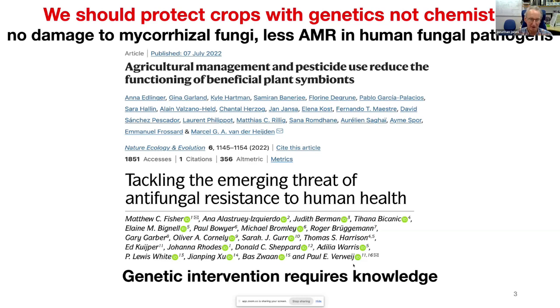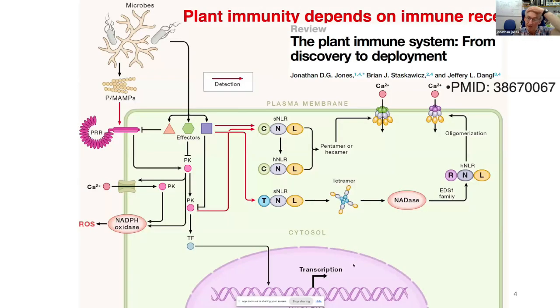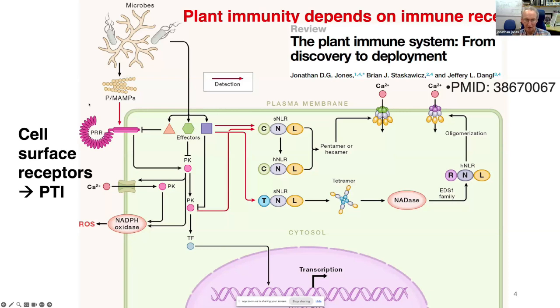And to be able to do so, we need to know what's going on. So this is from a review that I wrote with my colleagues, and indeed, as it turned out subsequently, my co-Wolf awardees for this year, Brian and Jeff. And this sort of attempts to bring together what we've learned in the last 50 years at a high level. So we know that plants have the capacity to detect apoplastic molecules,